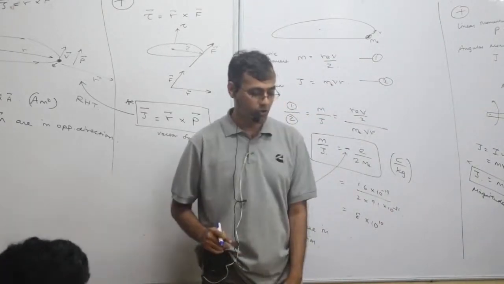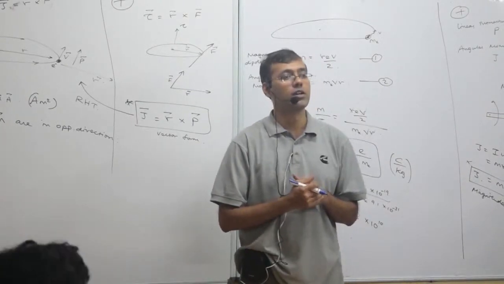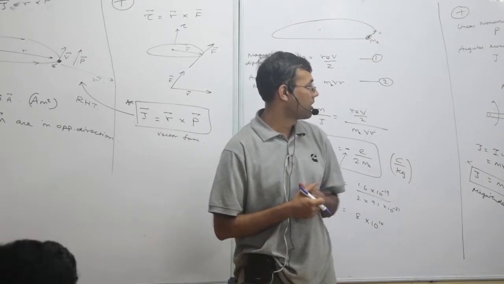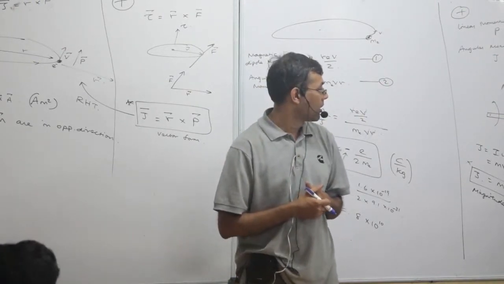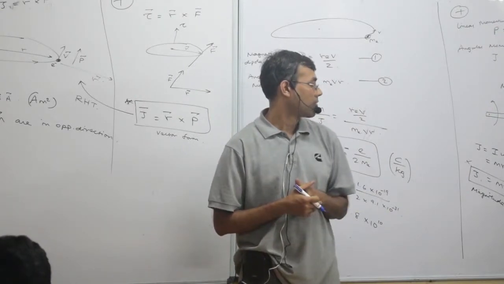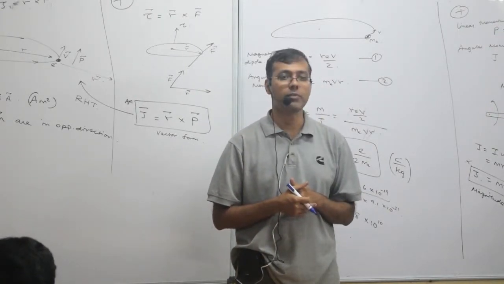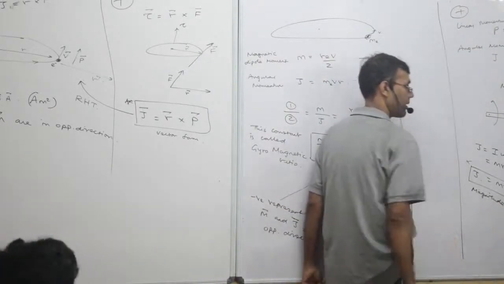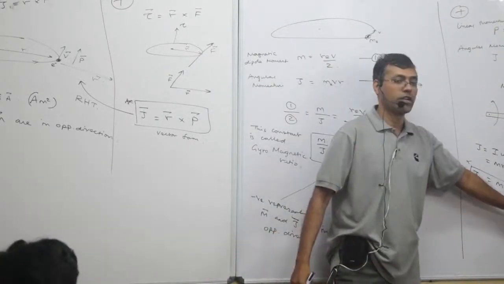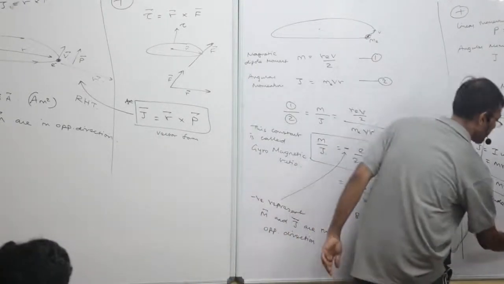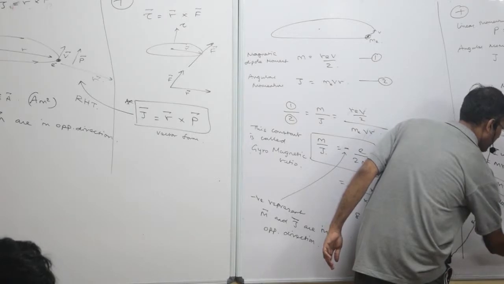If you know the units, you can always arrive at the dimensions, right? Any issues with that? Kg will be M. Meter square will become L square, length square. Second power minus 1 will become T power minus 1. So if you know the units, you can always arrive at the dimension. If you know the formula, you can always arrive at the units. Very easy. So for example, this would be L squared M T power